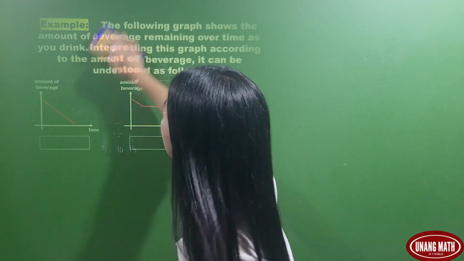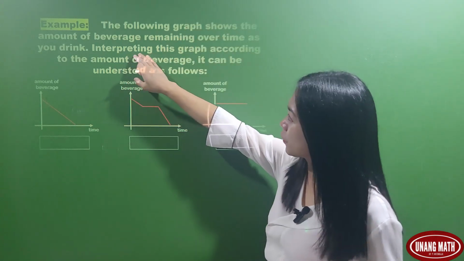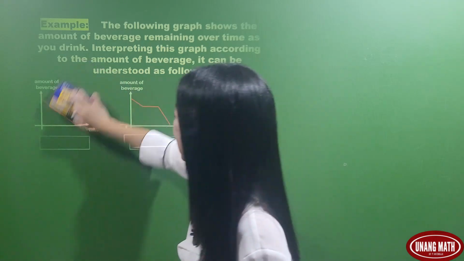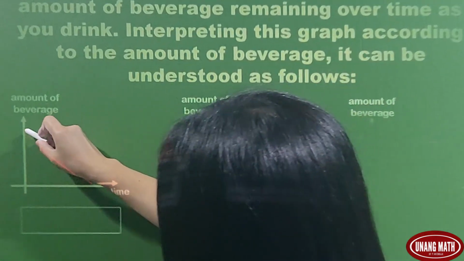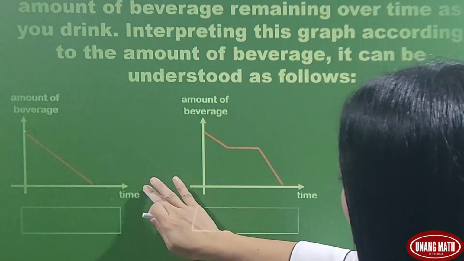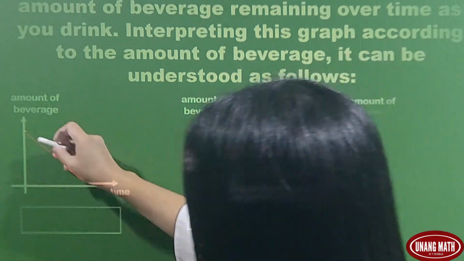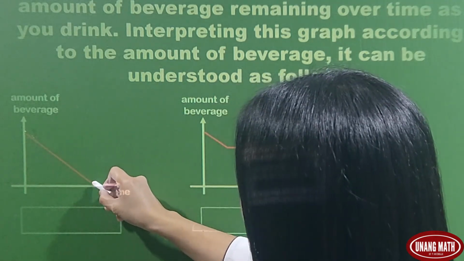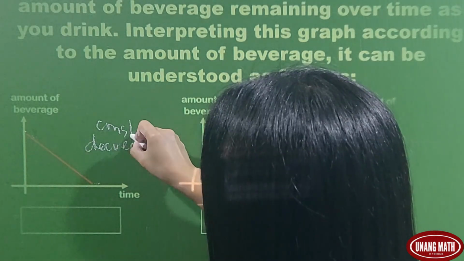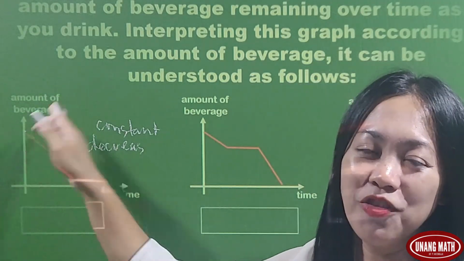More examples. The following graph shows the amount of beverage remaining over time as you drink. Interpreting this graph according to the amount of beverage, it can be understood as follows. Let's take a look at the first graph. This is a straight line. The x-axis represents the time, and the y-axis is the amount of beverage. If this is the kind of graph that you have, that means there is a constant decrease. If we interpret this graph, that means you drink that beverage